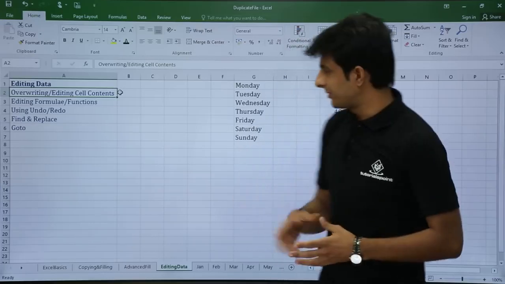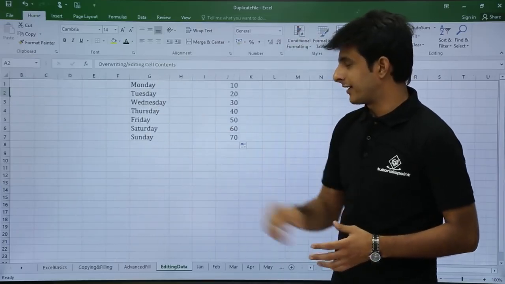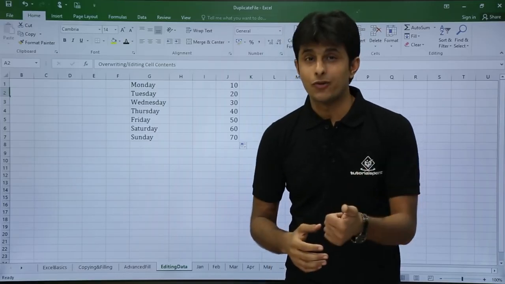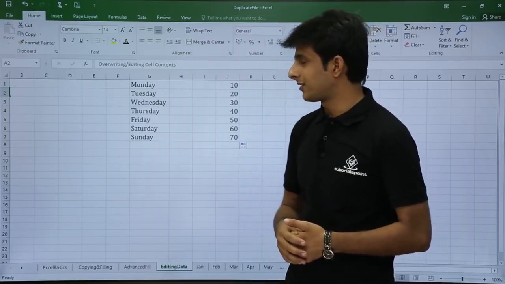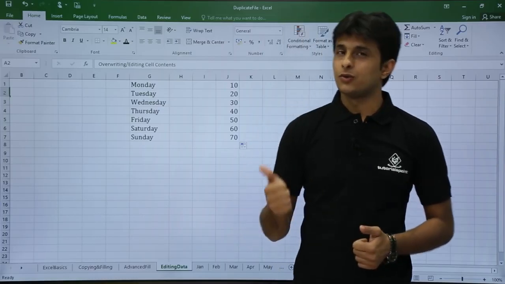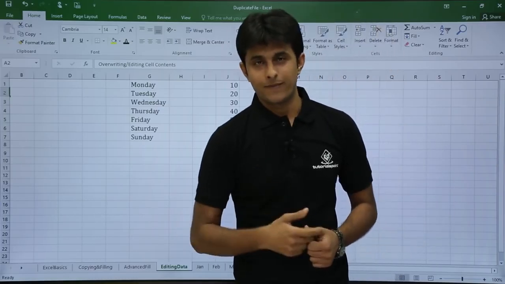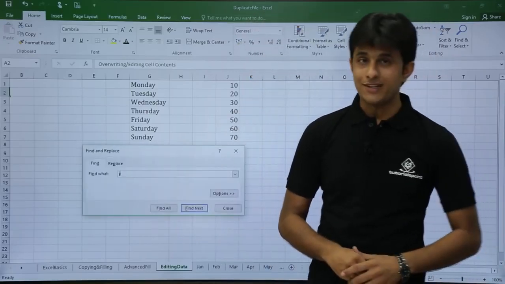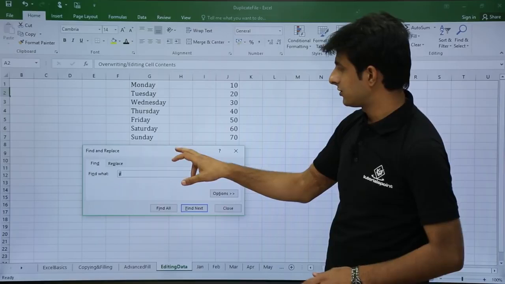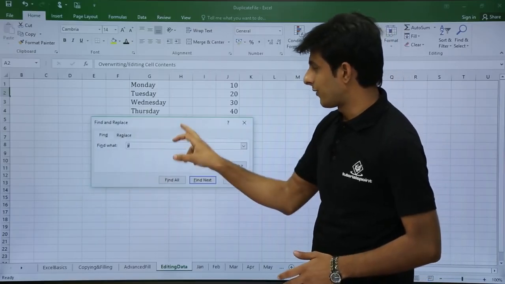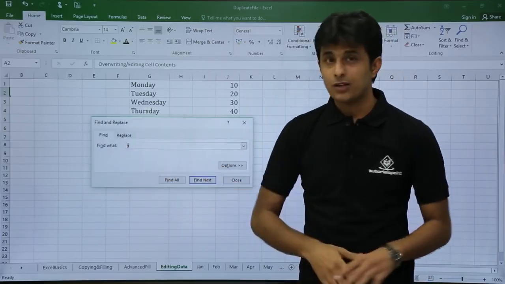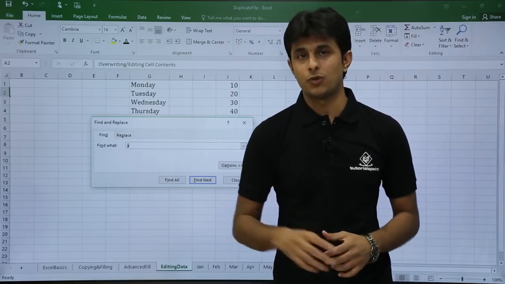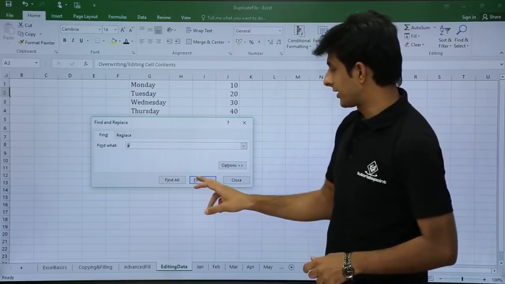So I have something written on my Excel screen, Monday to Sunday. Now, if I want to replace something, first I'll go for find. If I want to find something, there are two methods. One is using a shortcut, or second is long cut. So I'll use the shortcut Ctrl F from my keyboard. Once I press Ctrl F, I'll get a dialog box. In this dialog box, I can say I want to find alphabet Y. In the entire Excel workbook, wherever the alphabet Y comes, it will be displayed. So I can click on find next.